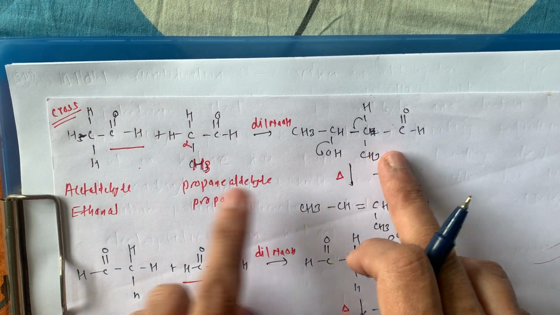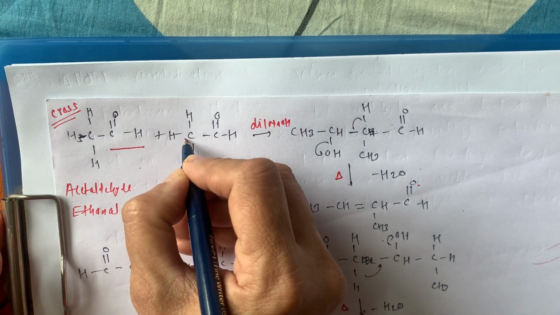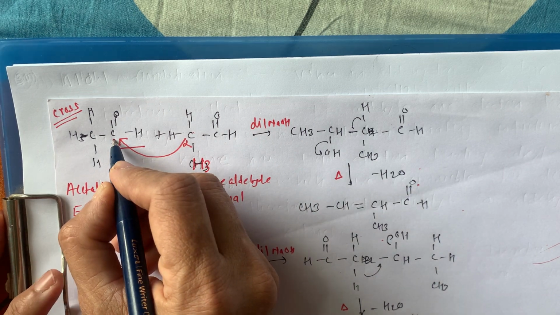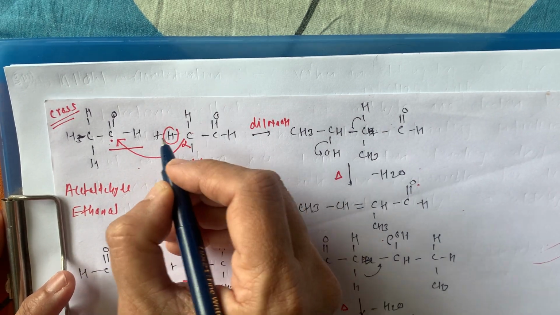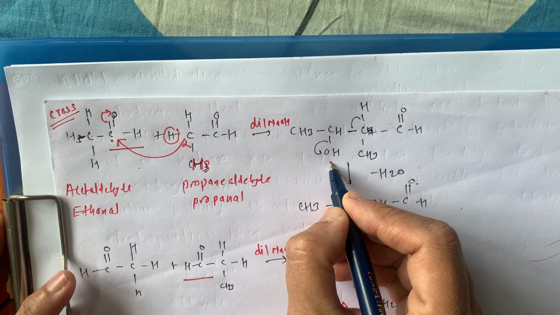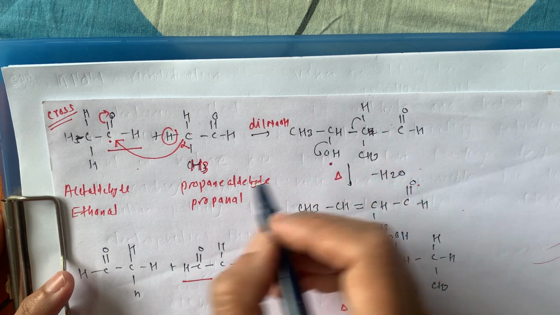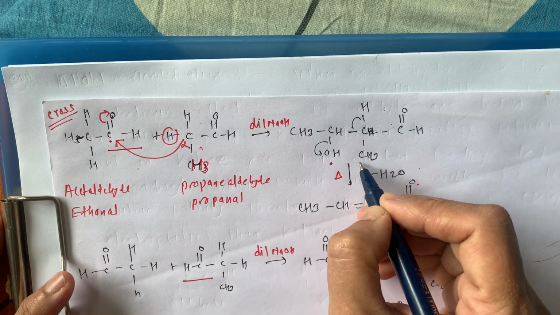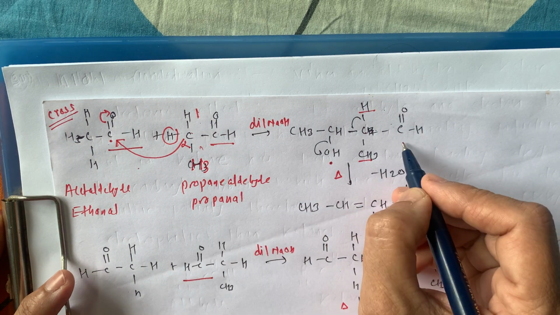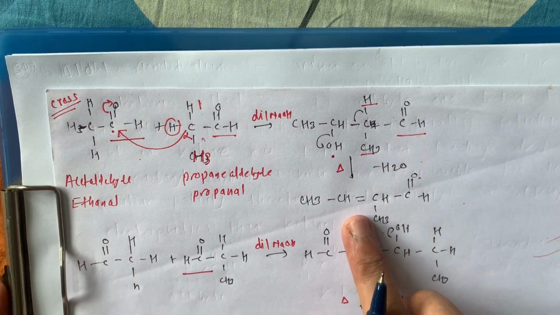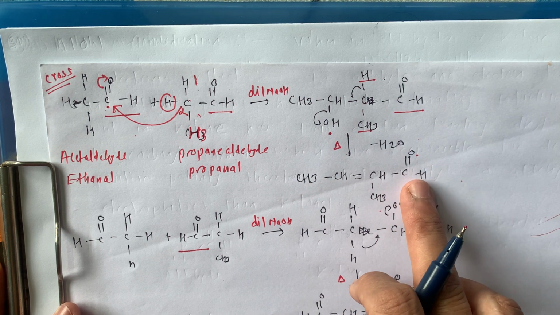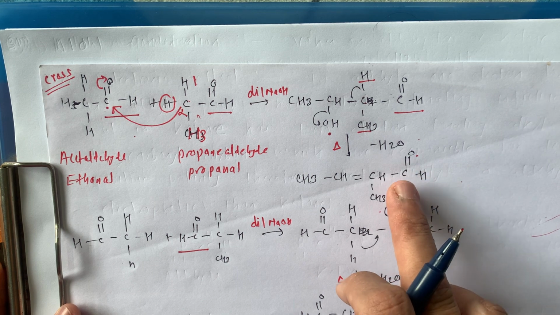The same way this is going to react: this alpha carbon is going to react with the carbonyl carbon, and this H is going to be abstracted. So this bond is going to break, and there is a formation of OH, and the remaining things are as they are. To this carbon there is a CH3, one hydrogen is there, and this aldehydic functional group remains as it is. Then minus H2, and there is a formation of such a product. Again you have to write down the IUPAC name of this compound. In the textbook it is given, but you just try for this.